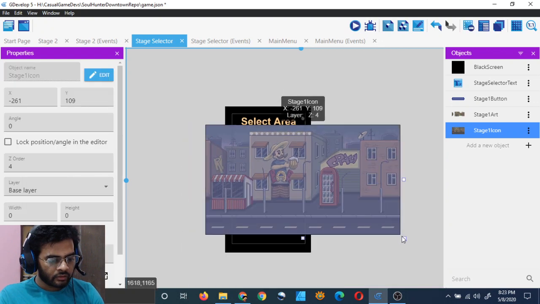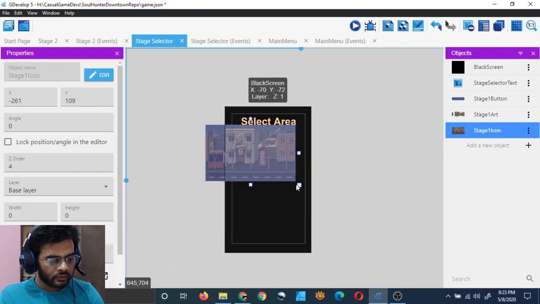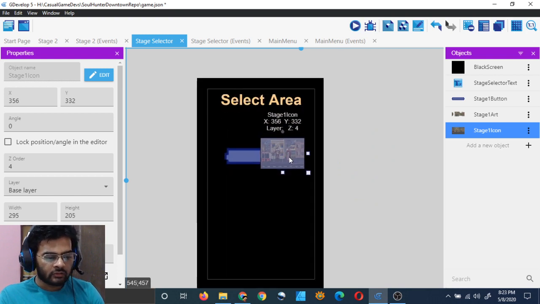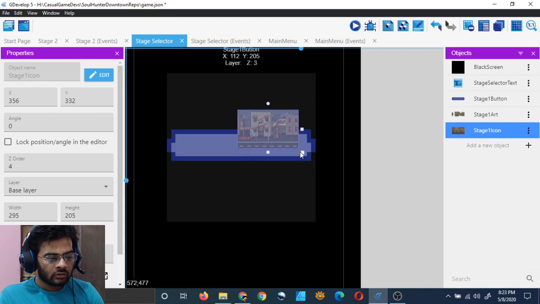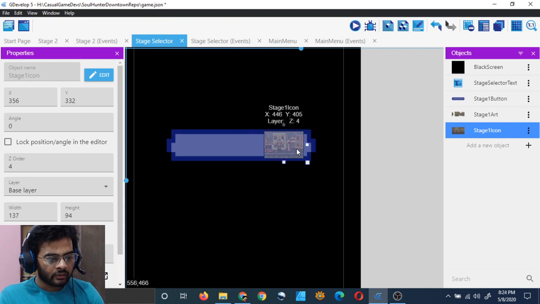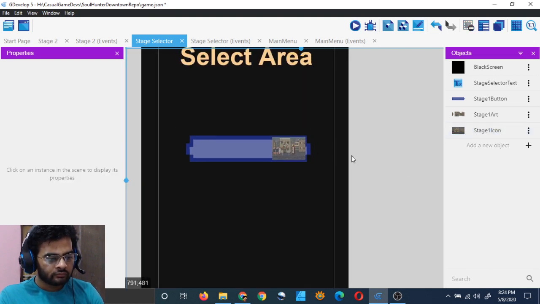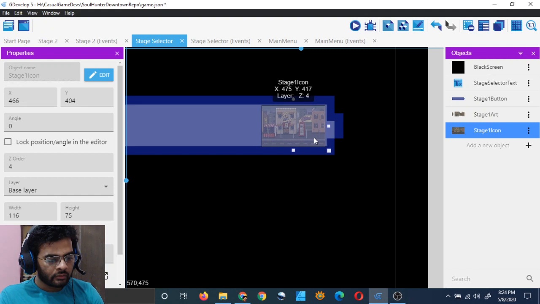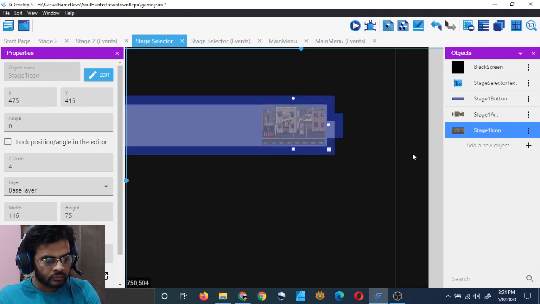You can resize it. It will lose its aspect ratio, but don't worry too much about that right now. Just make it smaller so that it fits almost. Yeah, now it's looking okay.